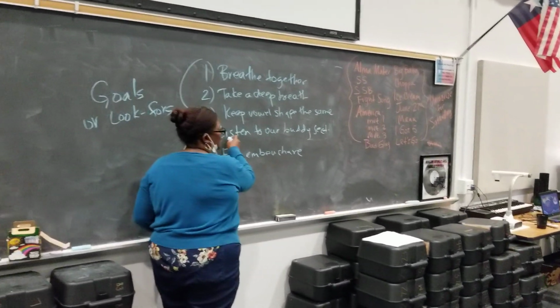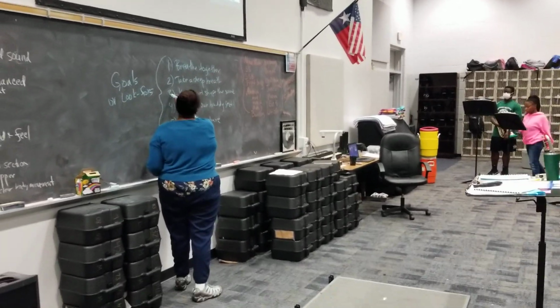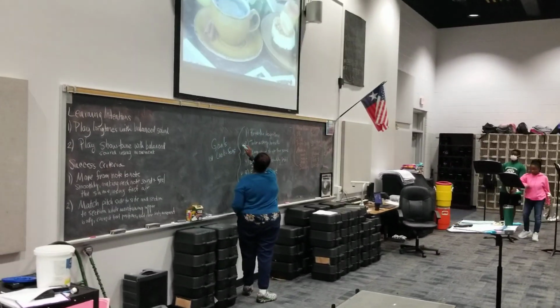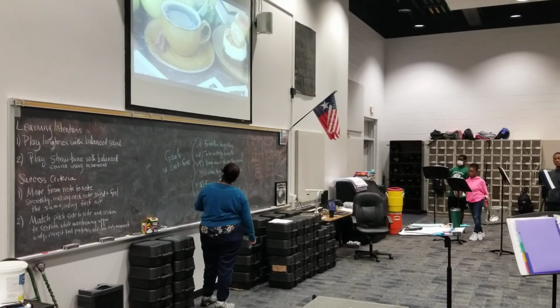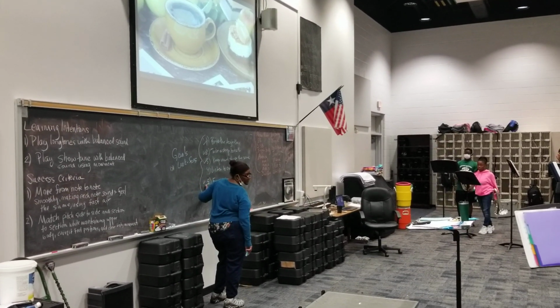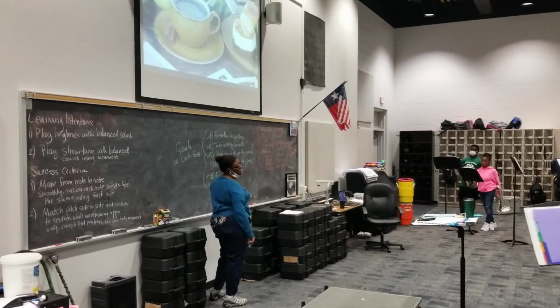We did okay with listening to the buddy section because I thought it sounded pretty balanced. Keeping the same vowel shape, we probably need to work on that. And we for sure need to take a deeper breath, and we need to breathe together, okay? So I feel like number 1, number 2, number 3, and number 5 are the ones that we need to focus on. Out of these, which one do you think is the most important